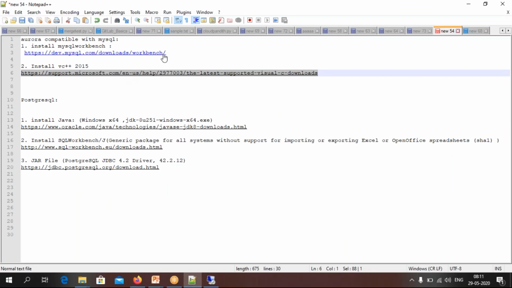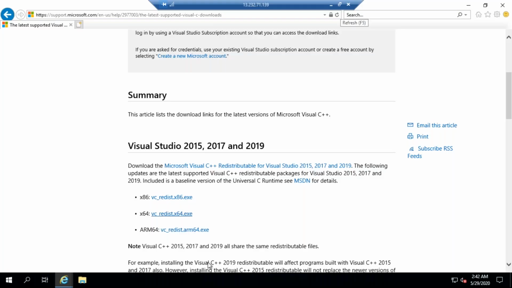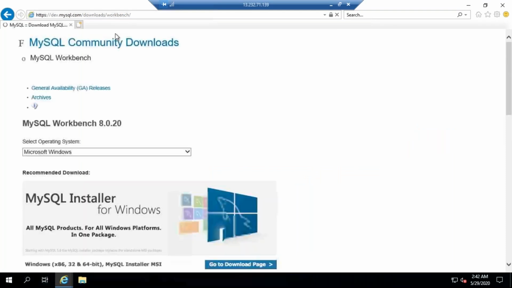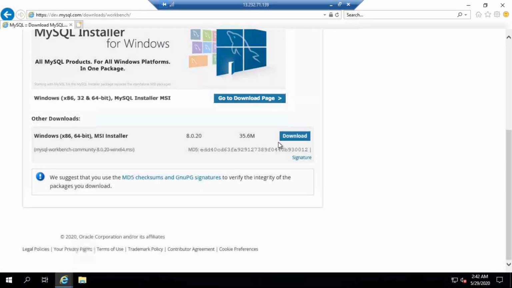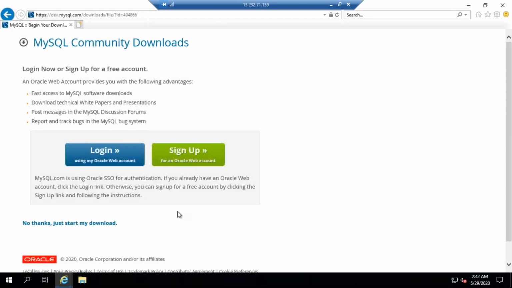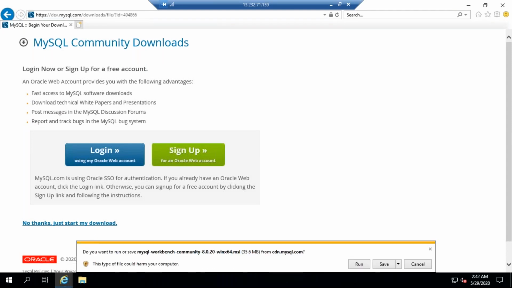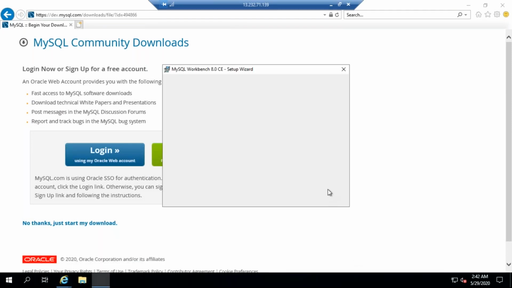Now we need to install the MySQL Workbench. Take this URL here, put it here, enter. So come down, click download, click no thanks, just start my download. Okay, directly click run. So now we are going to install MySQL Workbench.